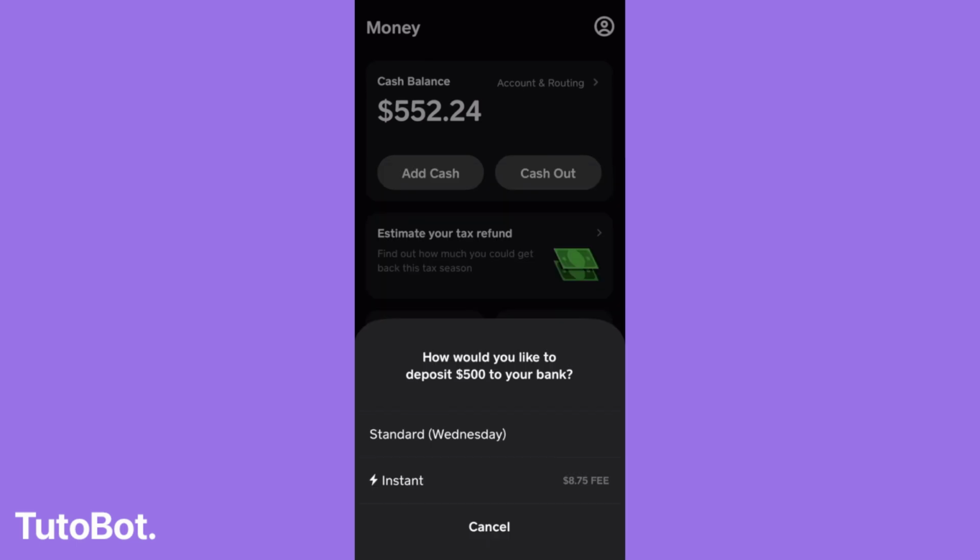Next, you'll be asked to choose your transfer speed. Select Standard Deposit if you want a free transfer, which usually arrives within 1-3 business days. If you need the money immediately, you can choose Instant Deposit, but keep in mind that Cash App charges a fee for instant transfers. After selecting your preferred transfer option, confirm the transaction using your device's security method, such as